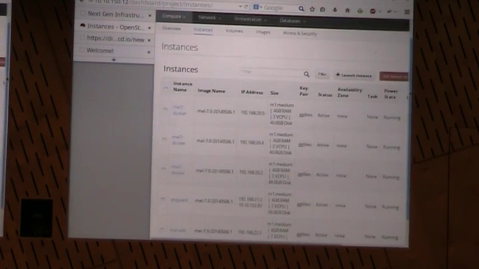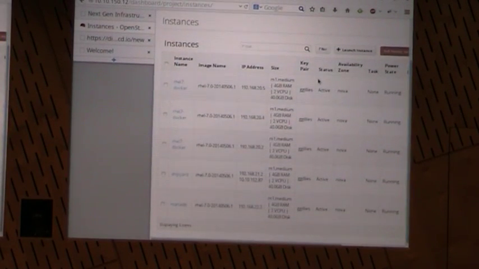So this one's slightly different. I have 3 RHEL 7 machines, so Red Hat Enterprise Linux 7 machines running Docker. I have a Shipyard server that's just running Shipyard, and I've also got my MariaDB, which would, in this example, be considered a data store. So if we look at our network layout again,